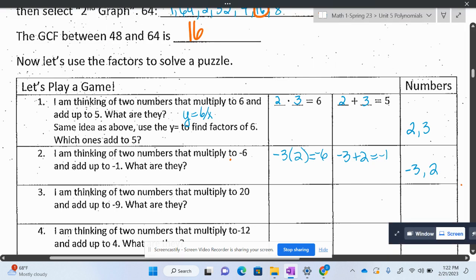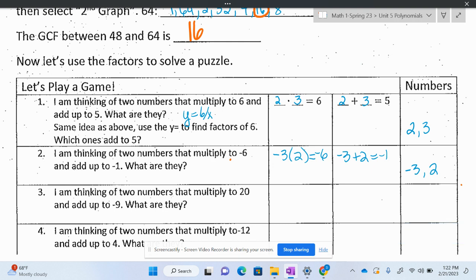I'm thinking of two numbers that multiply to 20 that add up to -9. -4 and